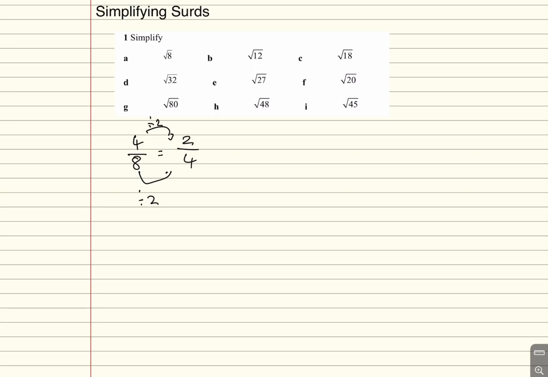Again, there's a factor that goes into 2 and 4, which is 2 again. Dividing by 2, we get 1/2. So 4/8 is equivalent to 1/2. We're going to apply that same logic of simplifying fractions to simplify surds. You could have just divided by 4 here. Okay, using that knowledge then,